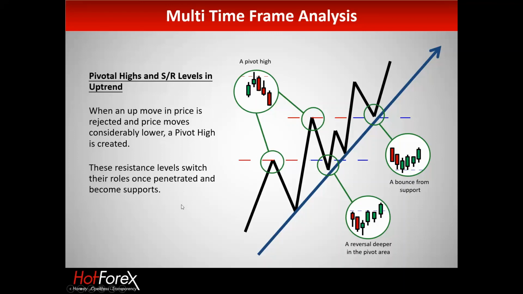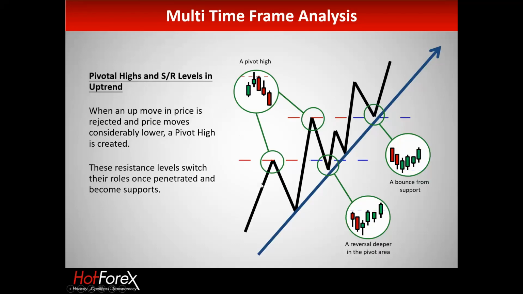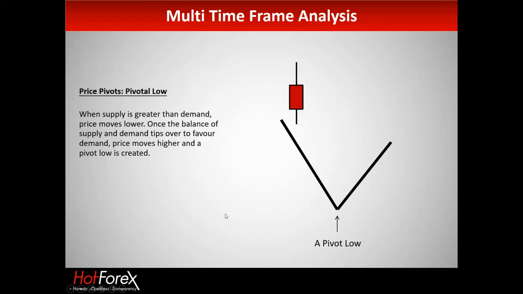Okay, so pivot low is simply the reverse of what we just did going up. So going up, we were looking for these points here, these pivot highs and pivot lows, the reverse: deep into the pivot area here, bounce from the support level, reverse. That's what we're looking for here. So just as pivot high was demand greater than supply, here we've got supply greater than demand, so we're going down, big sell off there, all the way down here. From here we got lower highs,